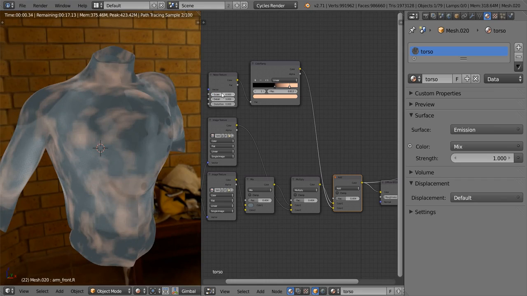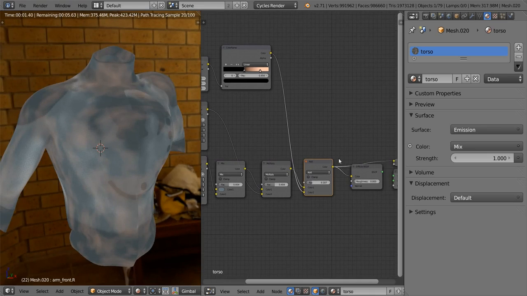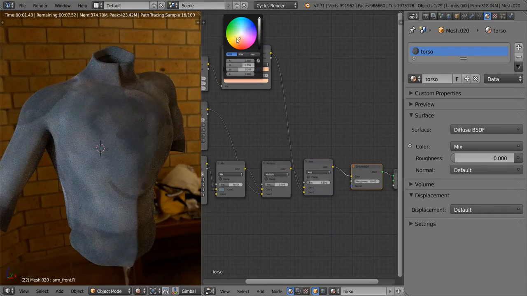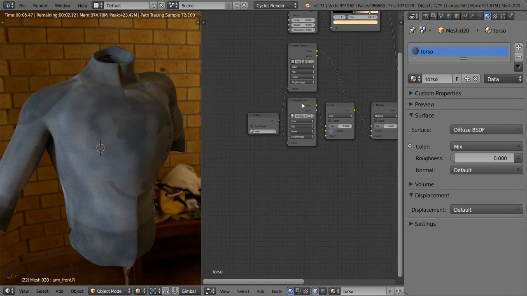And maybe not. We just need to decrease this a bit. Alright, so it's giving it a little bit of a dirty color, and of course we can reduce that so it's not so visible. Even more. And maybe make this a little more yellowy. Okay, so that's kind of the diffuse color, and we just need to add the stitches, which is going to